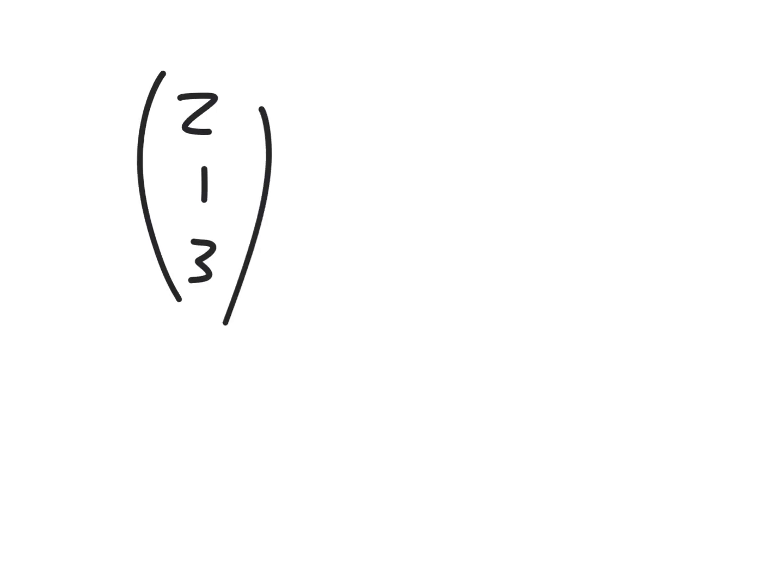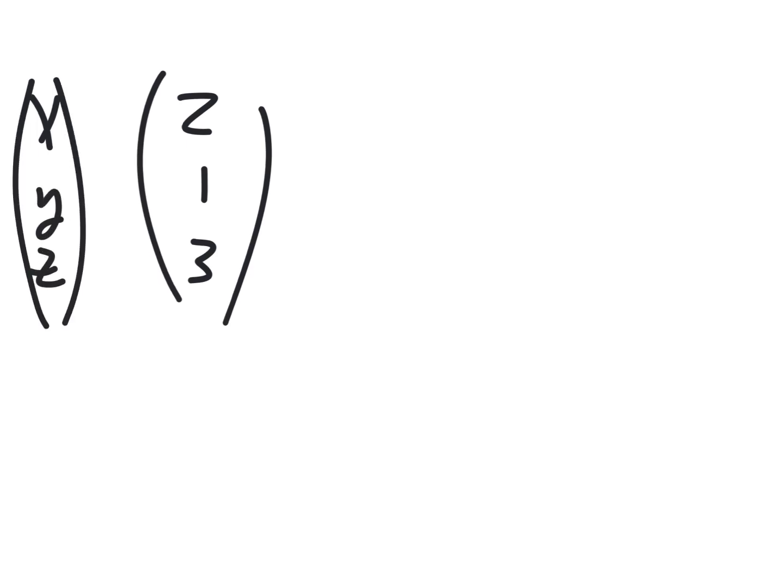Okay, to begin with, let's go over the very, very basics. 2, 1, 3. Can you tell by me writing that whether it's a point or a vector? No, you can't. But if I put it in this context, x, y, z, you still can't tell. But if I do this,